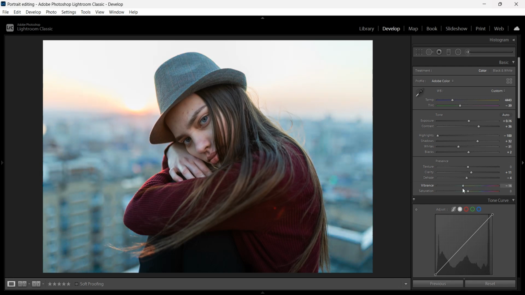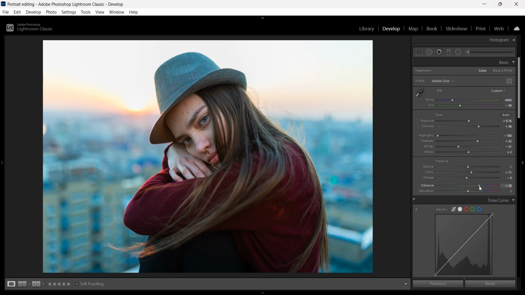You can see that the background is getting affected more than the shirt here. It's very subtle. If you're looking for something very subtle to increase the overall saturation or color, then I would recommend that you use the vibrance slider. And if you're going for something very drastic, then go with the saturation. We are not going to go with something very drastic, so I'll just